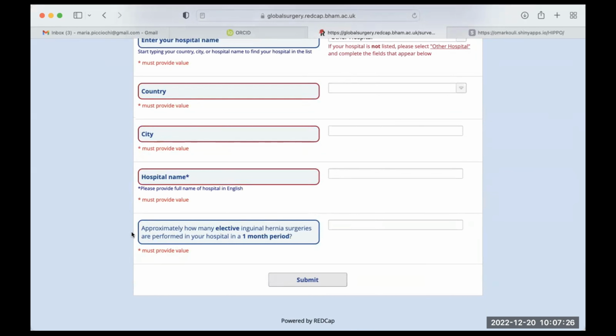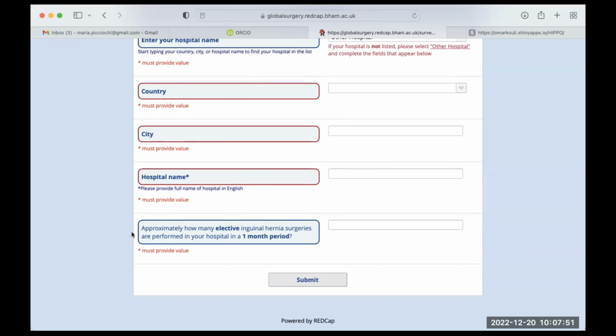Yeah, no problem. In that case, if you can, base it on the number of elective inguinal hernia surgeries that were done in the previous year, like in 1 month. Or if you have absolutely no idea and you do not expect to operate many patients electively, you can just put like 5 or 10.